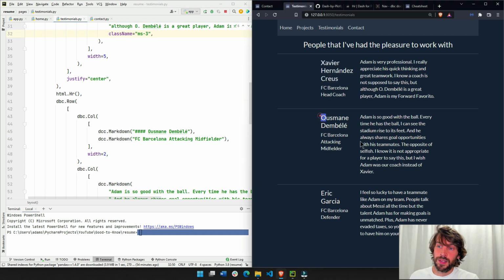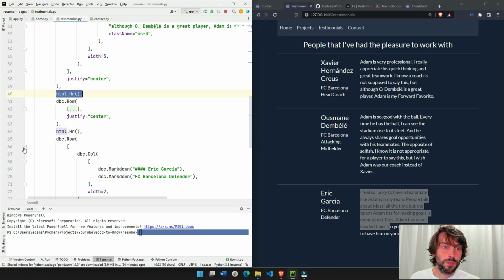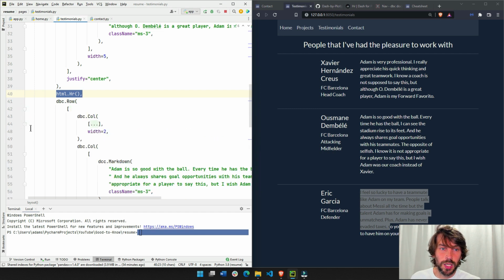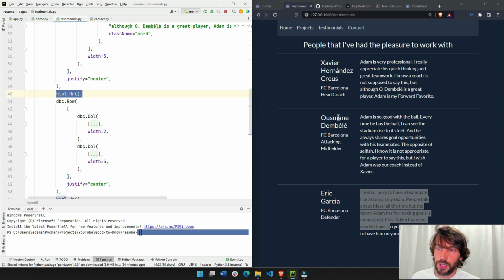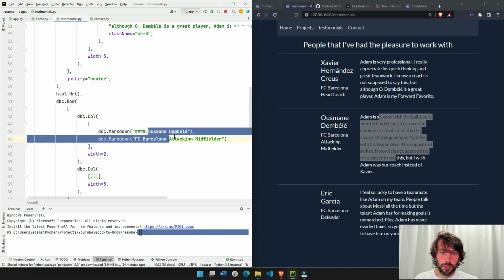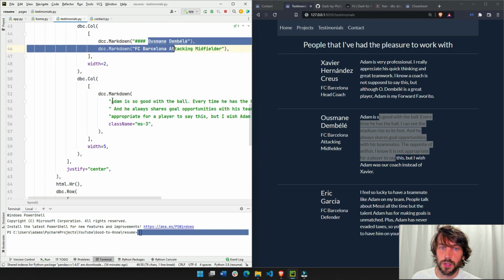And then we are repeating the same thing here and the same thing here. We're building a horizontal line right here underneath a DBC row that has 2 column components, 2 columns wide and 5 columns wide, 2 and 5. And in this column component, we're putting their name in the title. And in this one on the right, we put